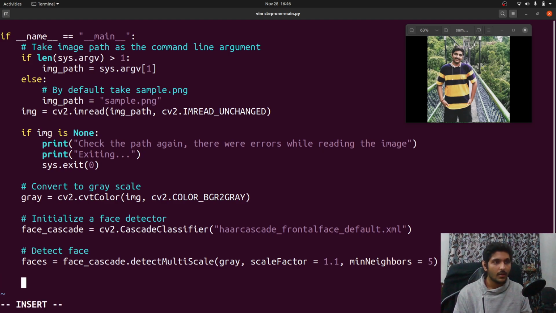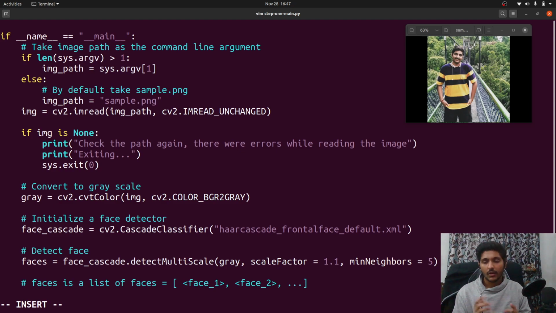Okay, now you get the faces. This is a list of faces. Basically there will be face 1, face 2, and so on. So what does it mean?